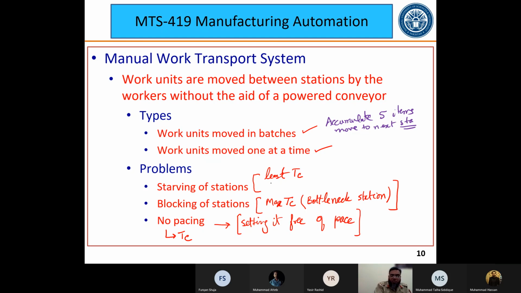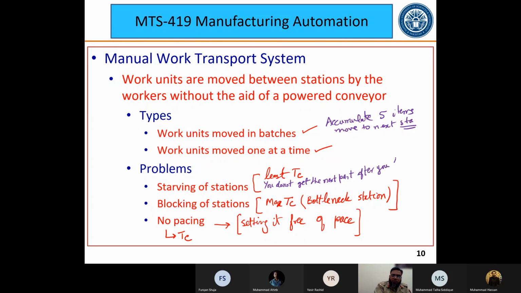Starving means that you do not get the next part after you finish processing